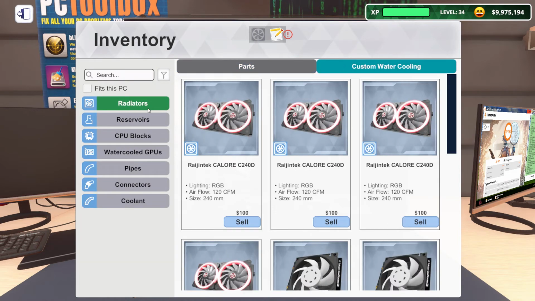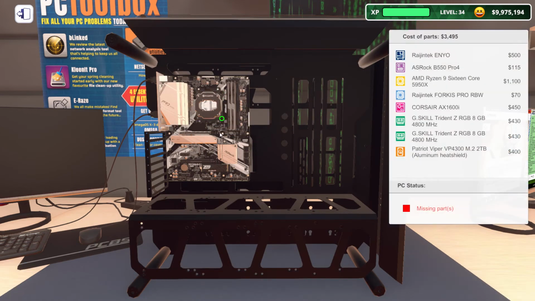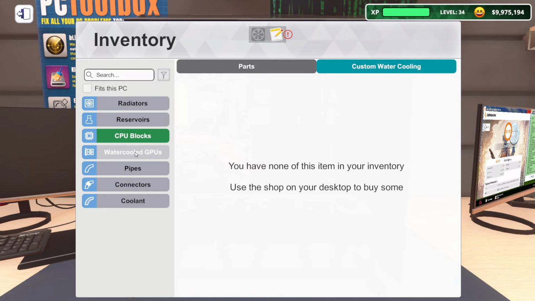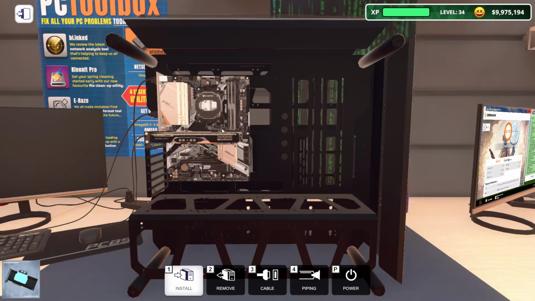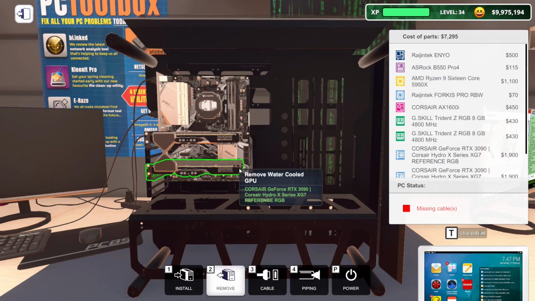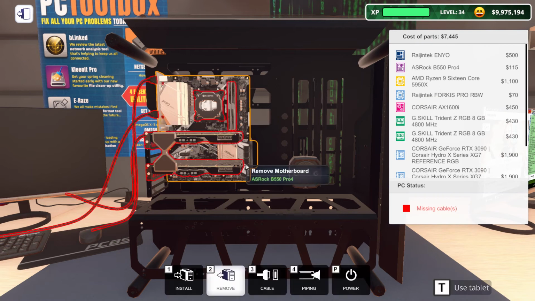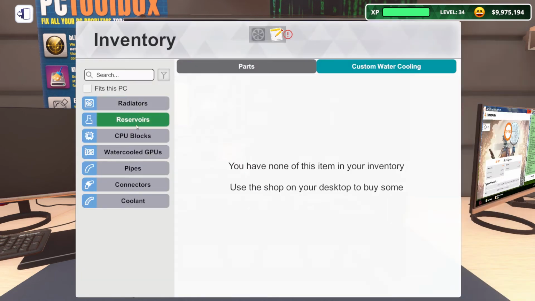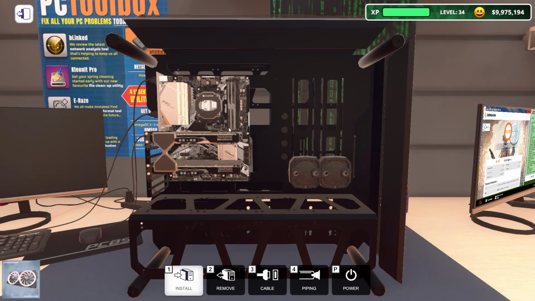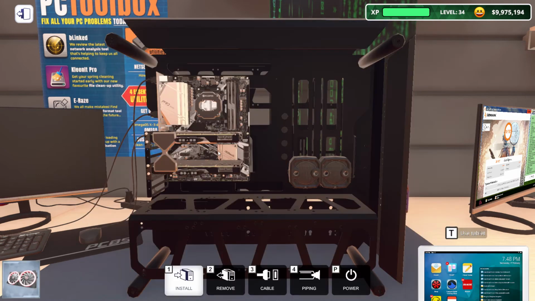Then we go to custom water cooling. We drop down the block, we put in the GPUs, we put in the two reservoirs, and now comes the fun part. We start putting in the radiators. Okay, so, oh yeah, I had to take that out. Okay, so